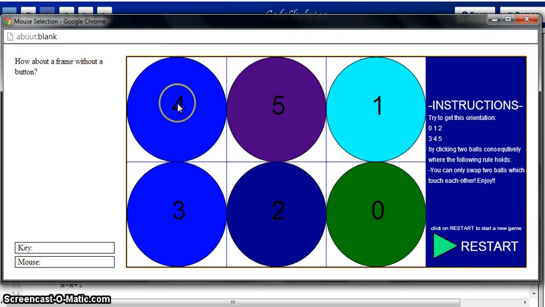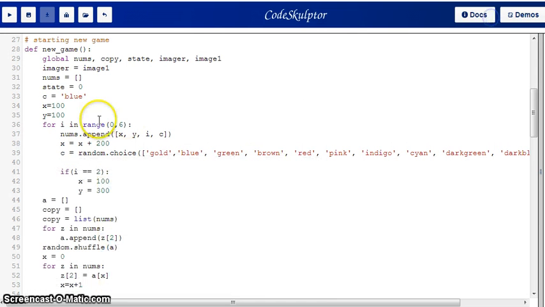Initially, the center of the first circle has a value 100 comma 100, because x is 100 and y is 100. And for the next circle, x is equal to 300 and y equal to 100. In the next circle, x is equal to 500 and y is equal to 100. So that's what I've done here. I'm incrementing x by 200 in each iteration